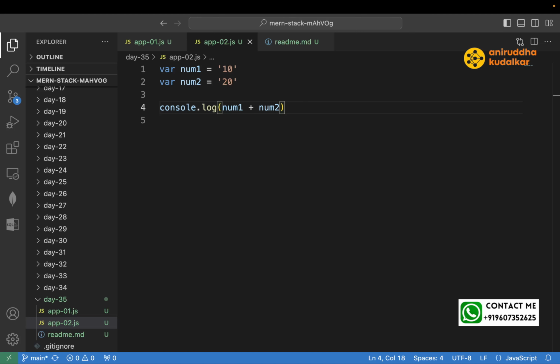Okay. And here, who is the string? Num1 is also a string and num2 is also a string. Both the things are strings over here. So, what is the expected answer? The expected answer should be 30. I want 30 out of this. But because these are not in number format,